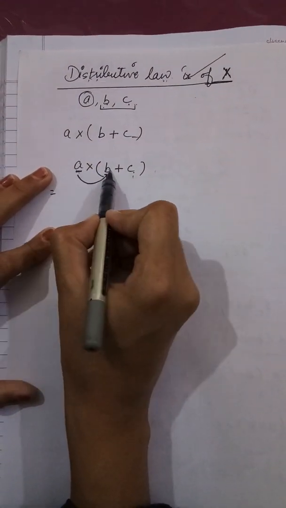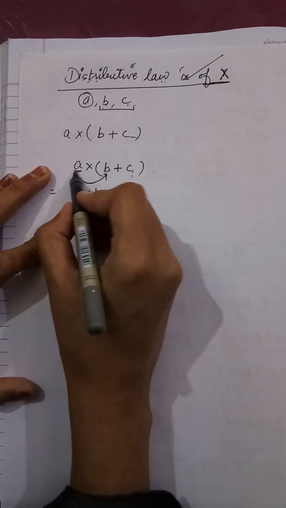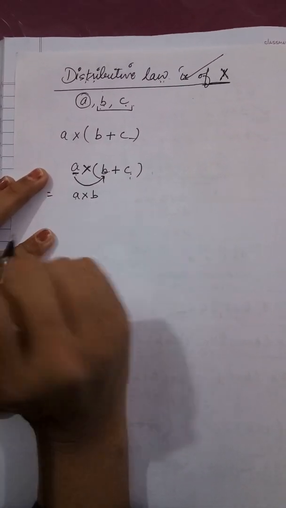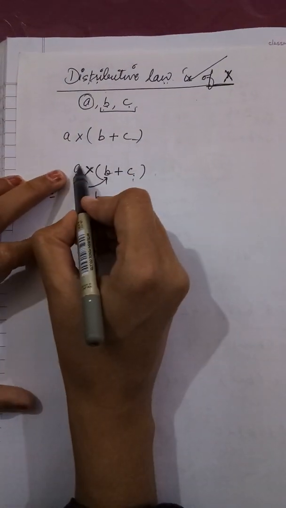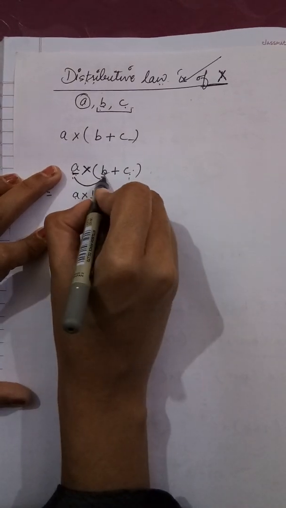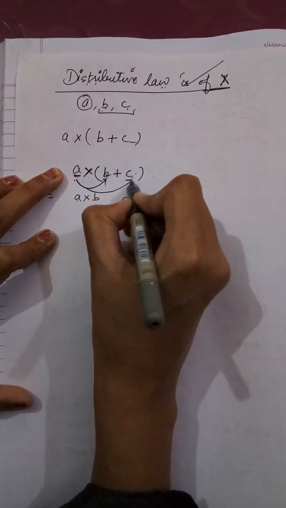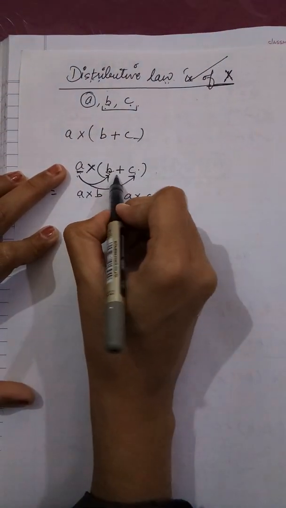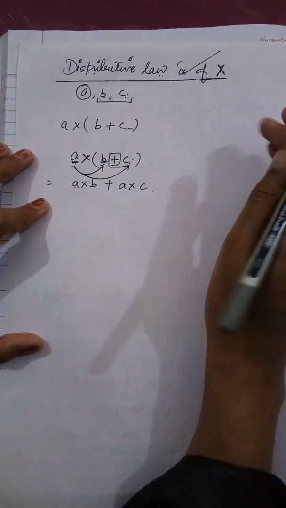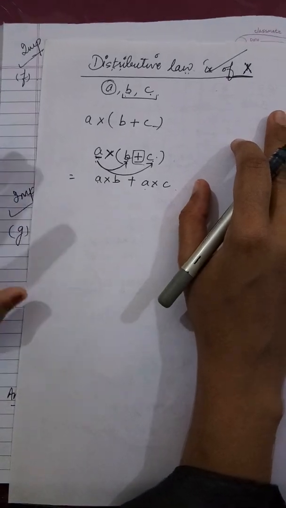Now A is multiplied by B. Why multiplied? Because this is the sign of multiply between A and B. So A and B. Next again, now A will be multiplied by C. We have firstly multiplied by B, now A will be multiplied by C. Multiplied. Now this sign is left, this sign will come here. I hope it is understood to you. We will be doing an example, then you will be getting it.